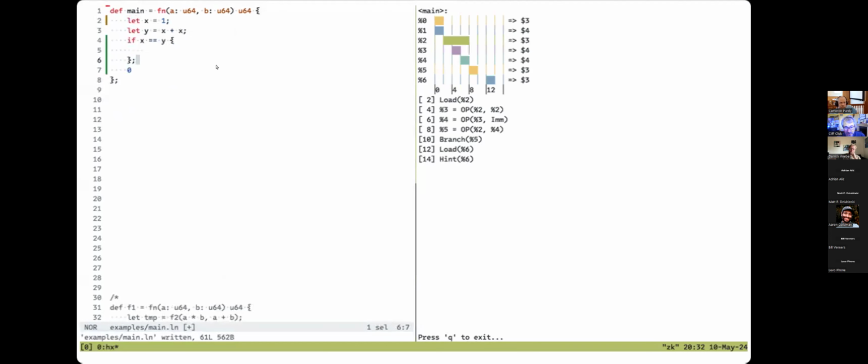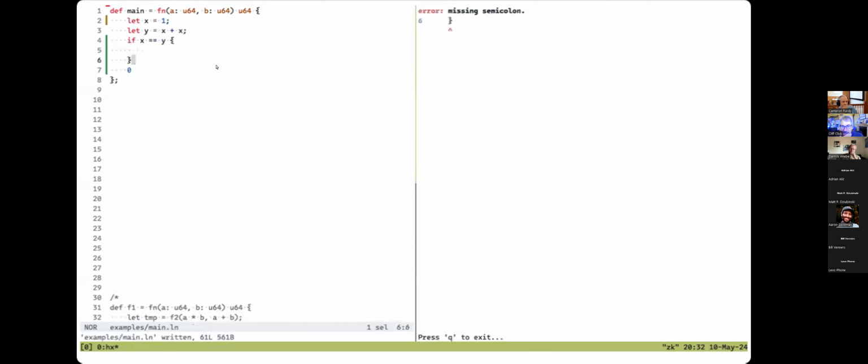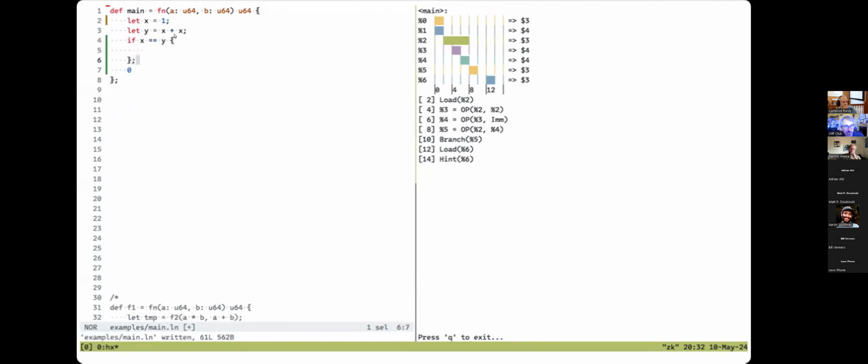It's called Helix or something. But the nice thing is it's very interactive and very fast. So if I'm missing a semicolon or something, it will tell me, and it compiles everything from scratch very quickly. So yeah, and I also did the same test on a large file that is 200,000 lines of code.